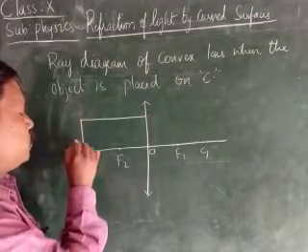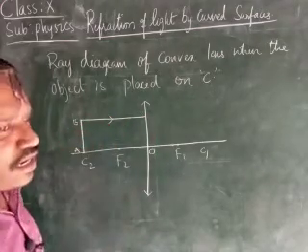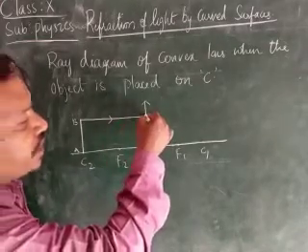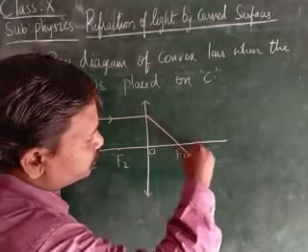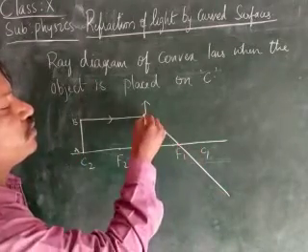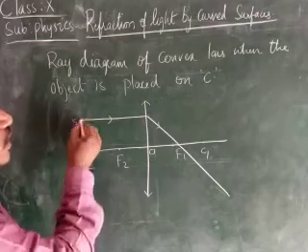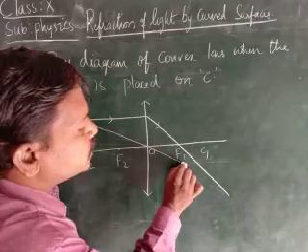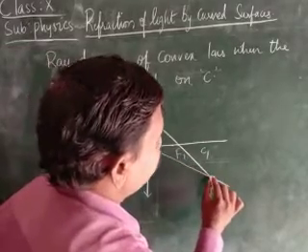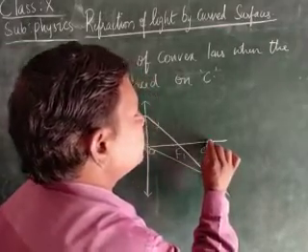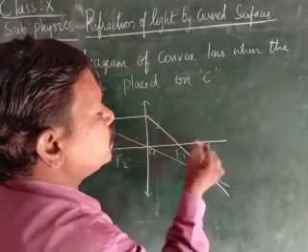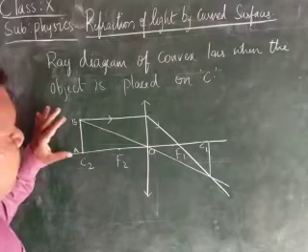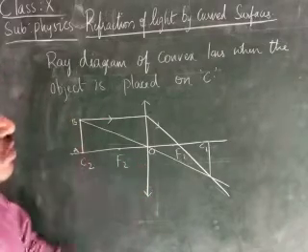Third rule: when the light ray is traveling parallel to the principal axis, after refraction it passes through the focal point. And the second rule: when the light ray is passing through the optic center, it is undeviated. Therefore, where is the image formed? The image is formed exactly at C1. Here, where the object is on C, the image is also on C.